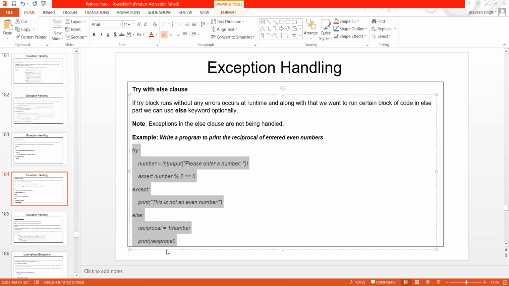Else you can mention this is not an even number. If it is not an even number, then we don't need to do anything. If it is an even number, then you have to compute reciprocal equal to 1 by number, or print the reciprocal.